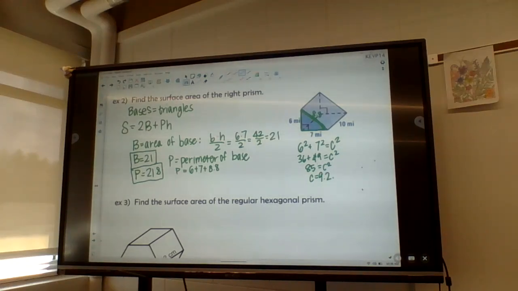9.2, that's better. 6 plus 7 plus 9.2 is 22.2, lots of 2's. All right, so that's our capital P. What's our H? What's the height of our prism? It's 10. Remember, this is kind of turned on its side, so that's our height of our prism. So that's our H. Now when I go to put all of this into our formula,